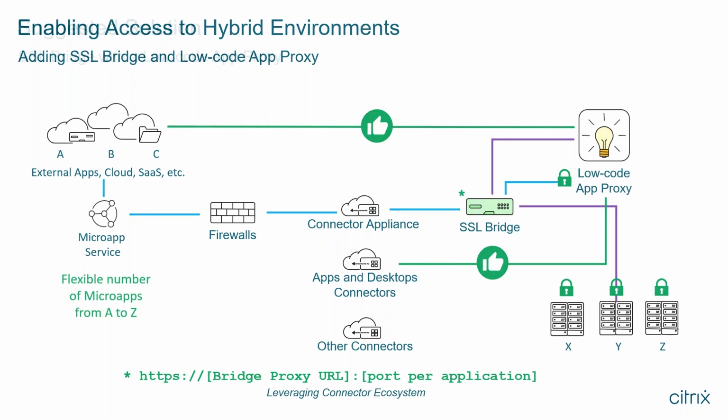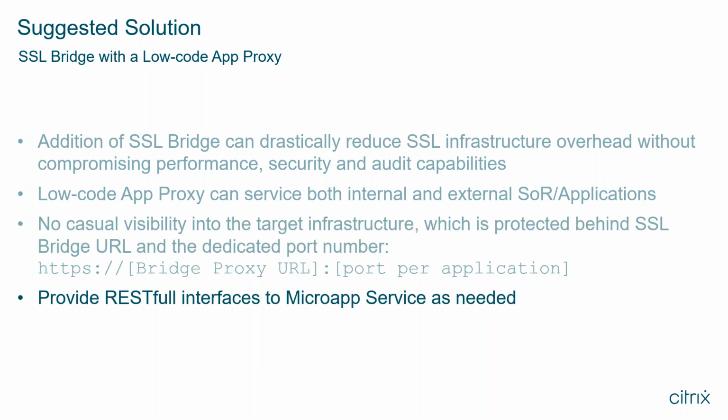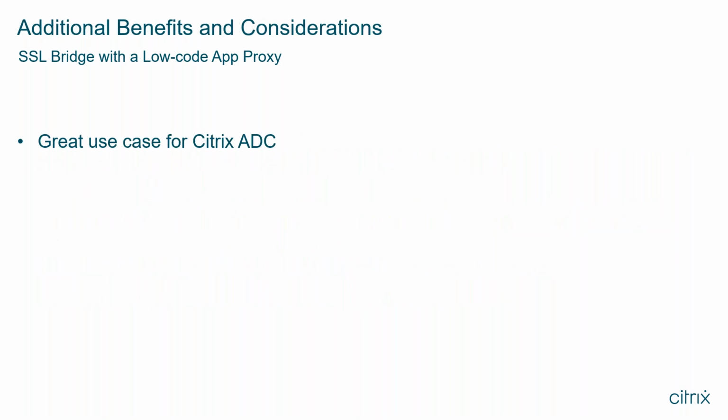All right, so this is just the summary of what I just went through, right? In essence, you'll just need to have one IP that corresponds to the fully qualified URL for the bridge. Applications will go per port. And if you have RESTful interfaces, great. If not, you can make your own and do the translation.